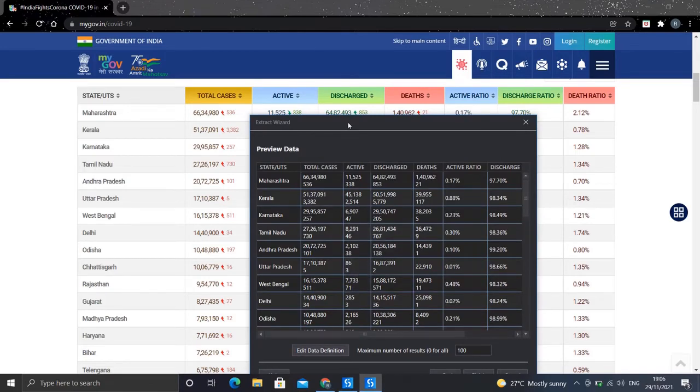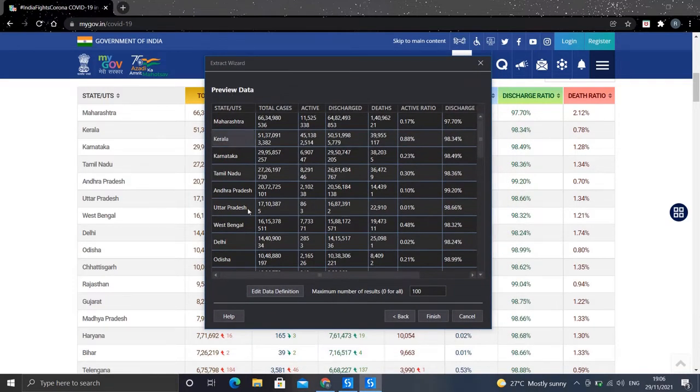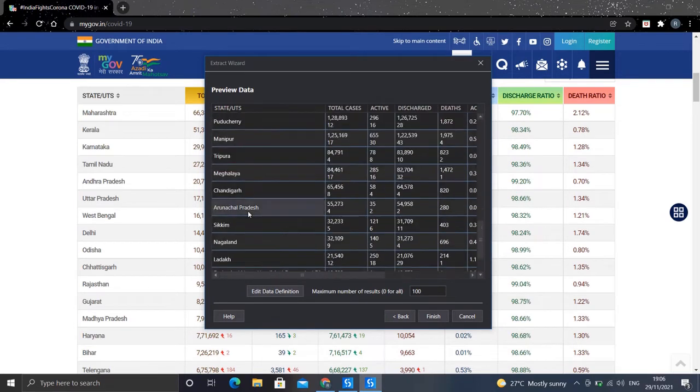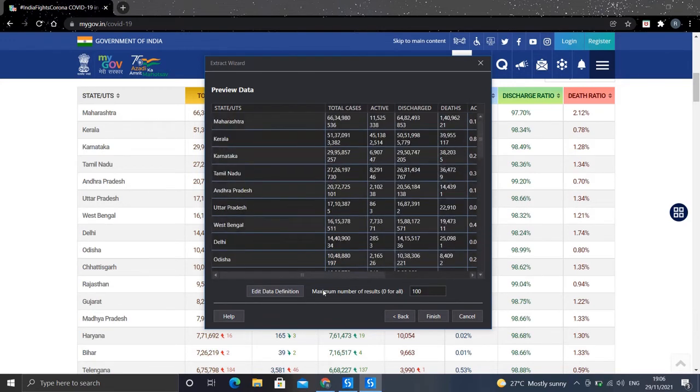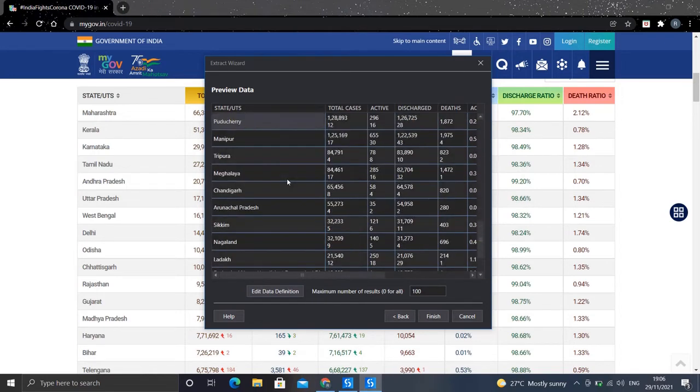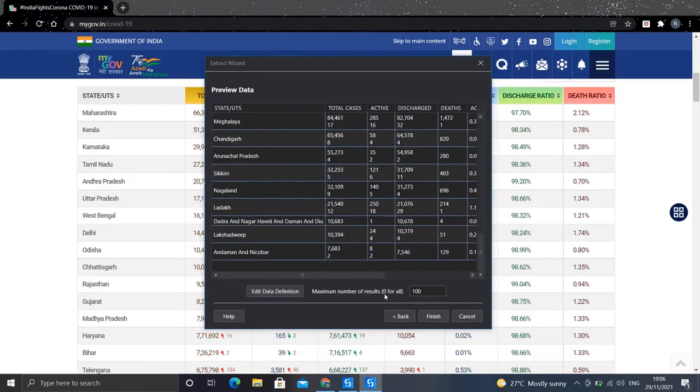Now you can see it gives me the preview of the data which it has scanned, from Maharashtra to Andaman and Nicobar. That is pretty much the whole table. It gives me the option of the maximum number of results which I want to store in the table. That is 0 for all, or as many as I want to type.